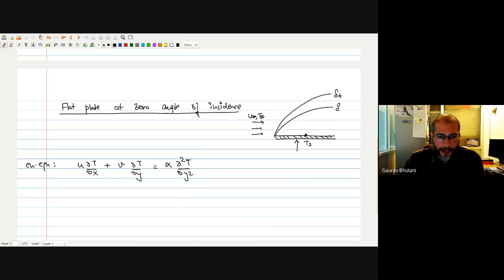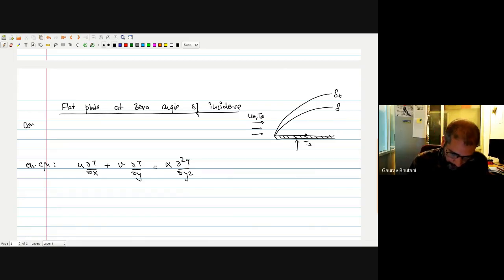Okay, so this was the energy equation, but you can see that this equation depends on U and V. So the convection terms on the left hand side require us to know what the U and V values are inside the boundary layer. To find these U and V values, we need the equations for U and V, which we already learned in our fluid mechanics course.